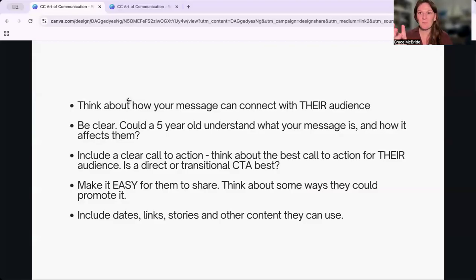Really importantly, make sure you include the dates, the links, the testimonials or stories that they might want, and other content they could use. Is there a video or a really great testimonial that you think they'd like that you can package up for them and make it super easy for them to share?